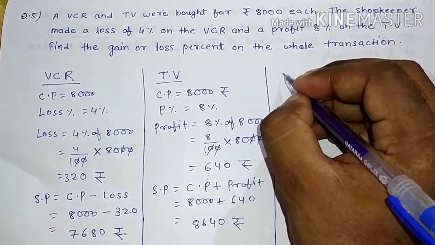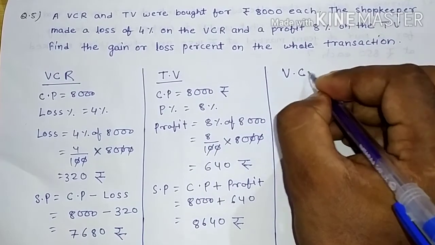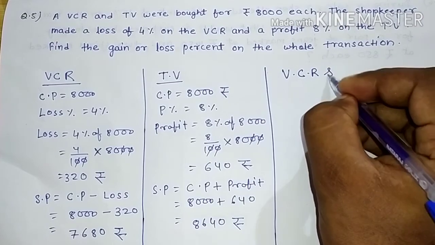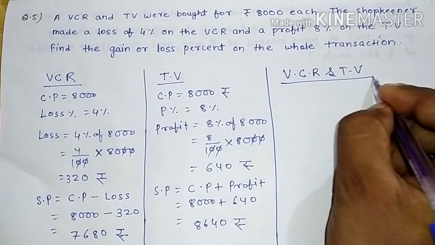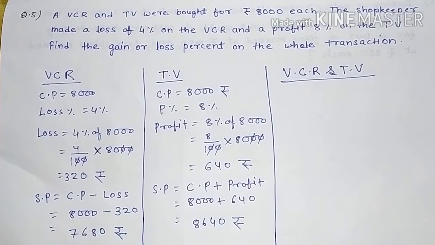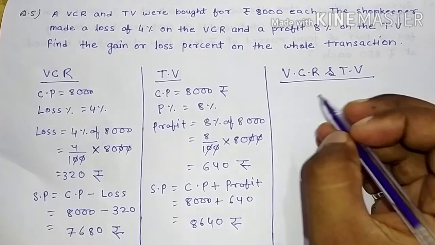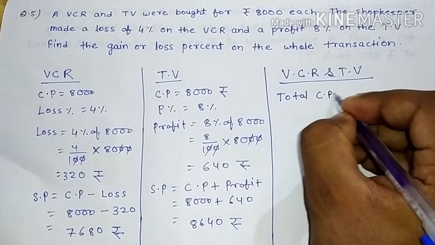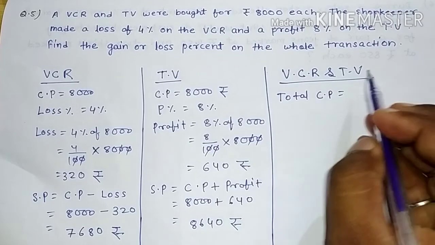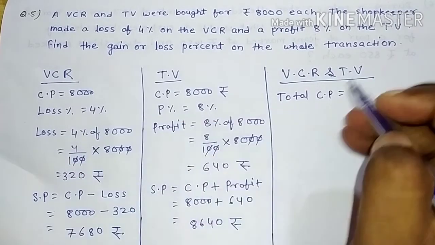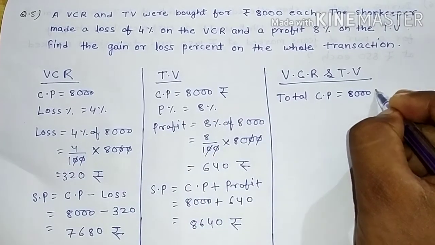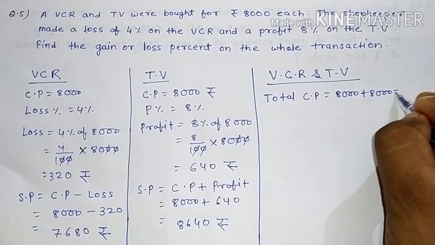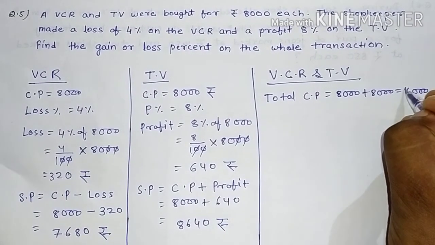Just here we have to explain about both VCR and TV. So total CP, first of all, CP of both VCR and TV, that is 8,000 plus 8,000. So this equals 16,000 rupees,